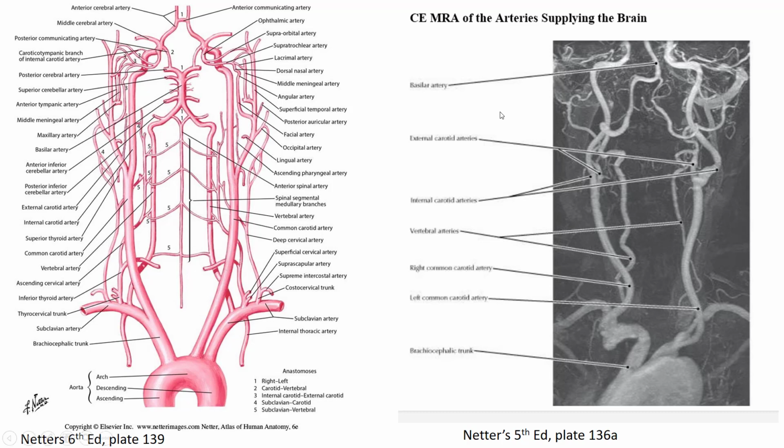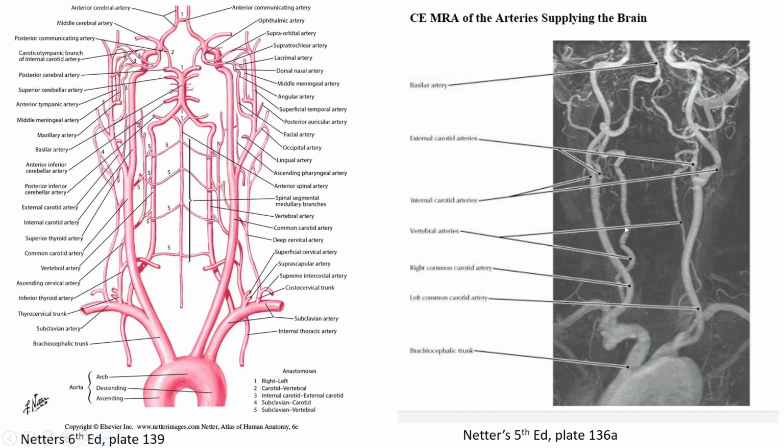And then also in Netter's, there is a contrast enhanced MRI of the brain, and this looks very much like the schematic view, so I wanted to point that out so that you can visualize what the vessels really look like. You've got the brachiocephalic trunk here and the left common carotid, the left subclavian, coming up, branching into the internal and external carotid arteries. The internal carotid arteries come up, and we're cutting it off before they branch into the middle cerebral and anterior cerebral. So we're actually not seeing the circle of Willis on this, but we're seeing the vessels that go into the